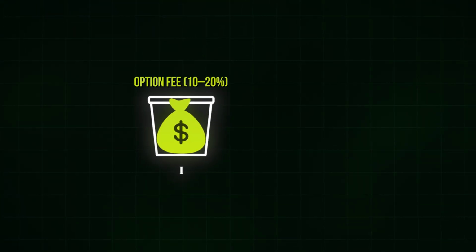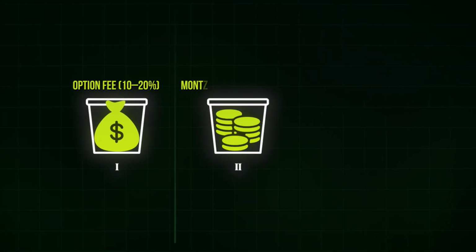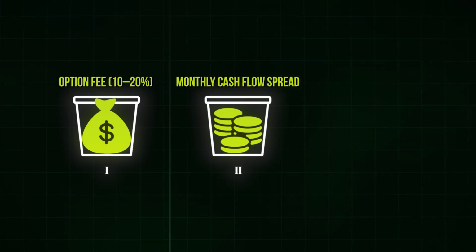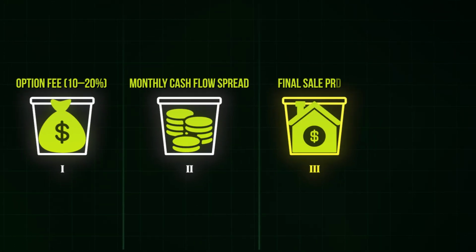This is often 10 to even 20% of the purchase price. That's cash in your pocket as soon as the deal is signed. Keep the monthly cash flow, the spread between what you're paying out and what your buyer is paying you. And if they exercise the option, of course, you should profit again at closing from the amount you marked up